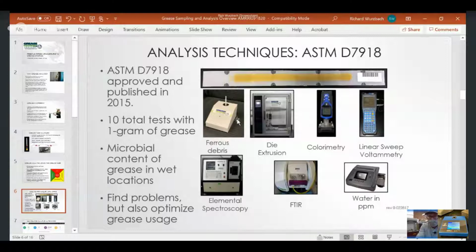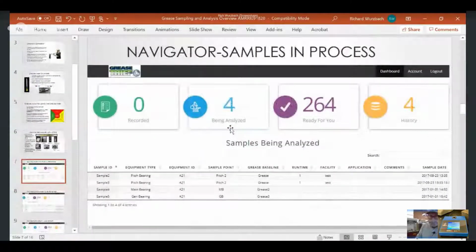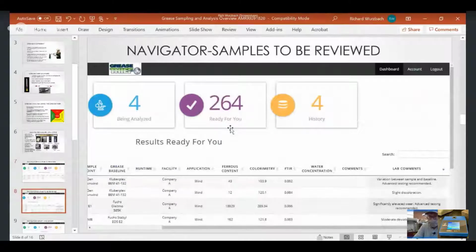We have a generic little container here, or instrument, if you will, but we're going to show you a number of working units that can accomplish this ferrous debris measurement, contrast and compare them a little bit, and show you the one that we're really using now going forward as a reliable method, a reliable instrument for measuring ferrous debris. We share the data in a system we call Navigator,